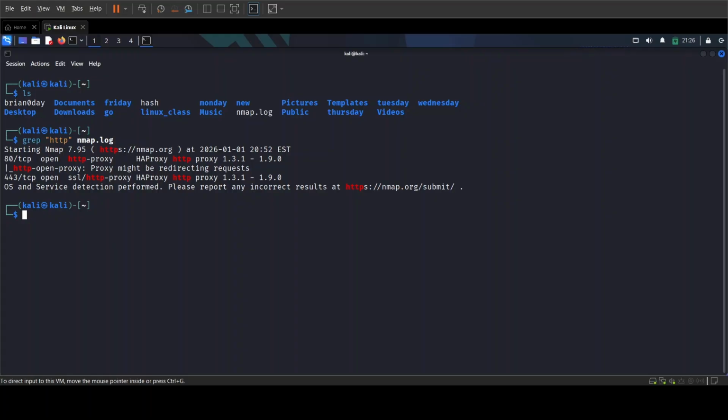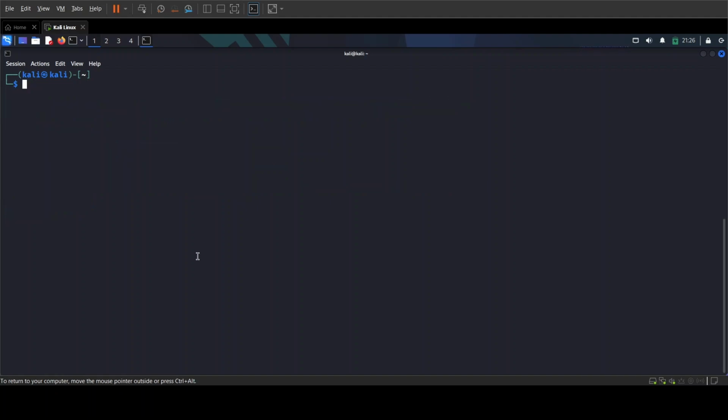Another option that you can use with grep is the recursive option, whereby we can search for a particular word in multiple files in a particular location. For example, I may want to search for the word